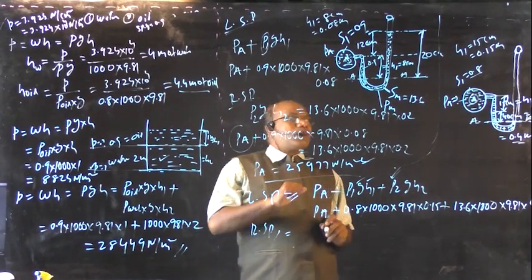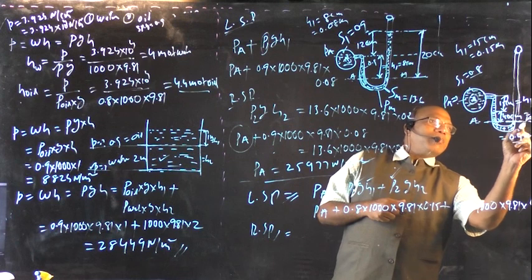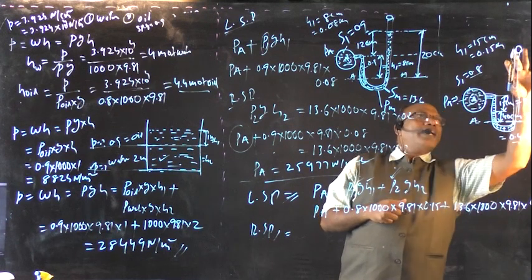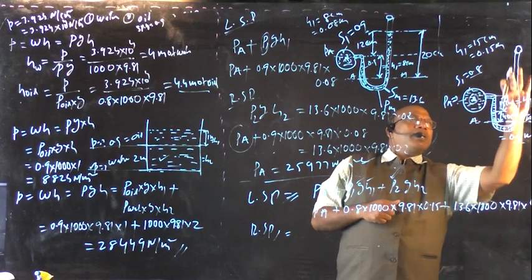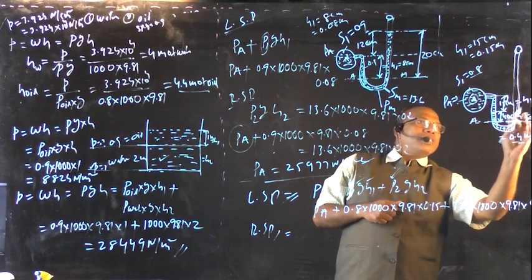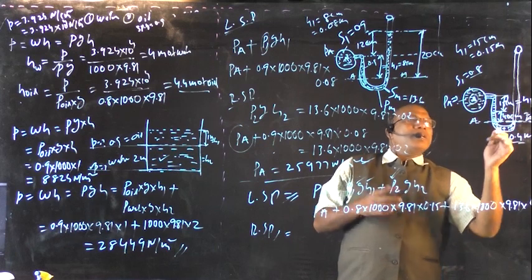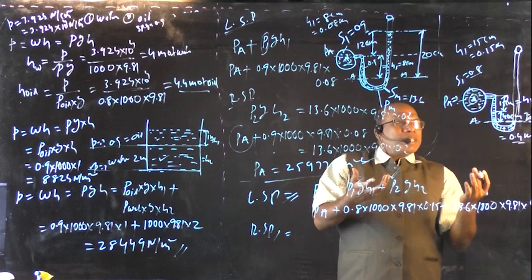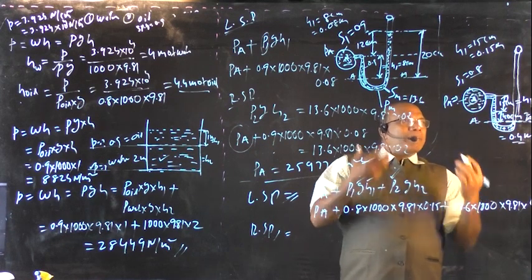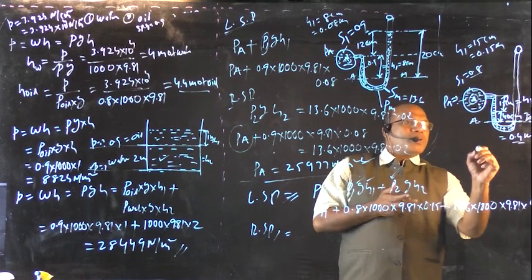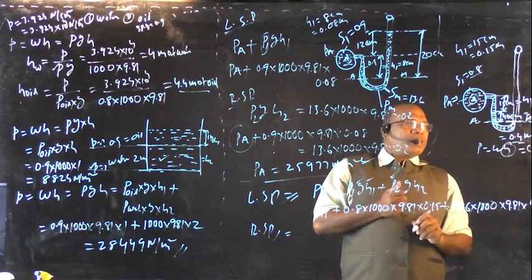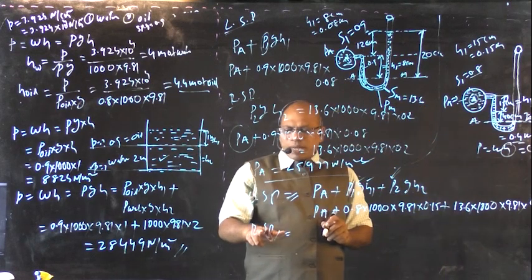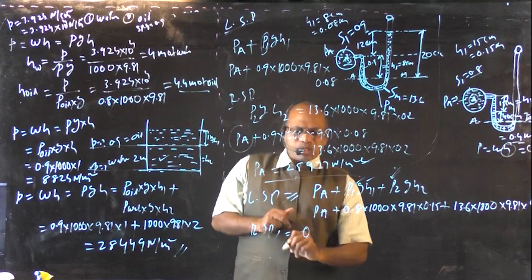Right side pressure: above the datum line AA, there is no liquid in the column. In the right side limb, the right side glass tube, there is no liquid. Therefore there is no H, so there is no pressure. P is equal to WH, H is equal to 0, so automatically the pressure is equal to 0. Therefore the pressure on the right side is equal to 0.